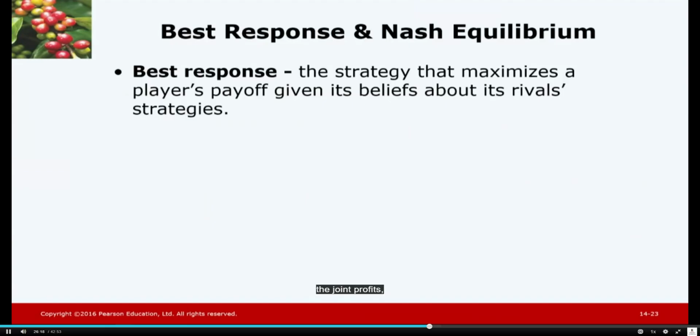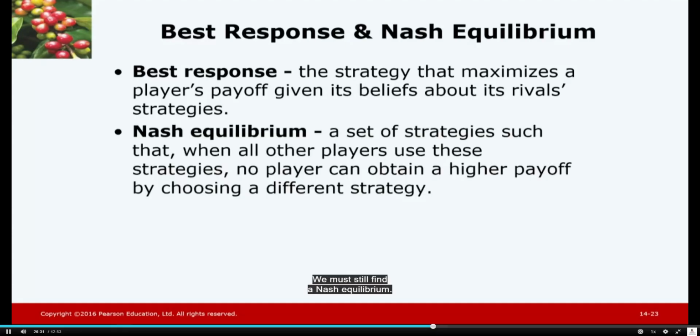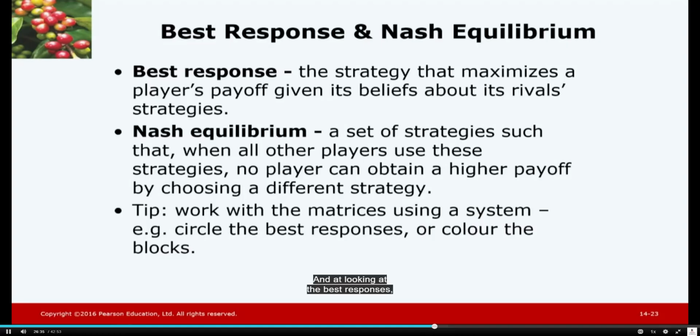So a best response, like we saw in your previous lecture, is a strategy that maximizes a player's payoff given what it believes the other rival is going to do, given what it believes its strategy is going to be. Okay, so we've gone through Nash equilibrium a couple of times, and I do think that it's good to have